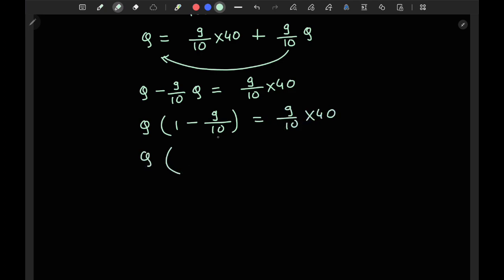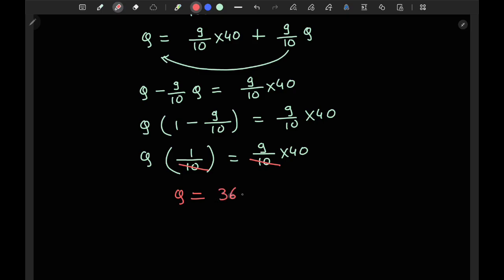So okay, just try to solve this problem. So 10 minus 9 is 1, divided by 10, and that is equal to 9 divided by 10 into 40. So from this side, this 10 got cancelled, this 10 got cancelled, and hence Q is equal to